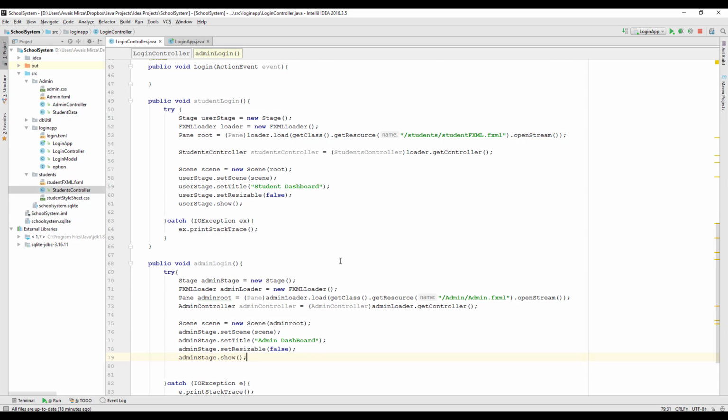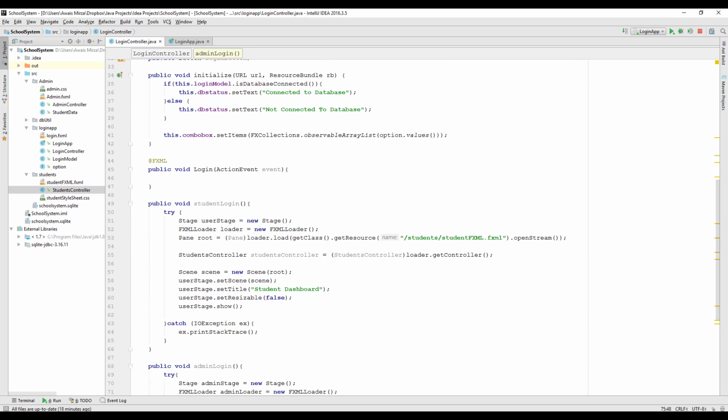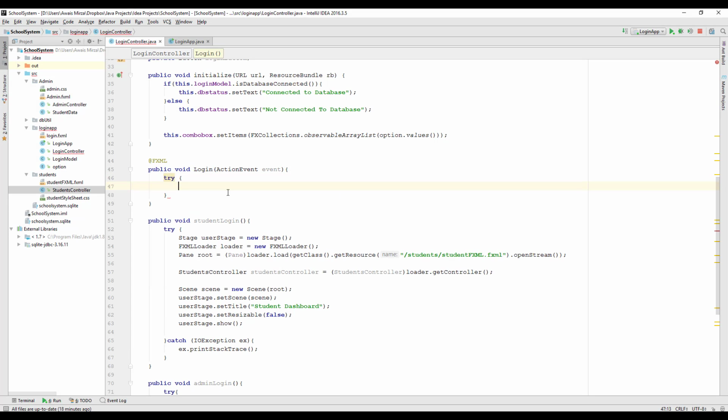Okay, so let's look at this application. It's pretty much done in these two functions. Let's go to the login function now. That's the main part here. We need to check whether we get the result true or not. So for that, let's open a try and catch block, and add a catch block